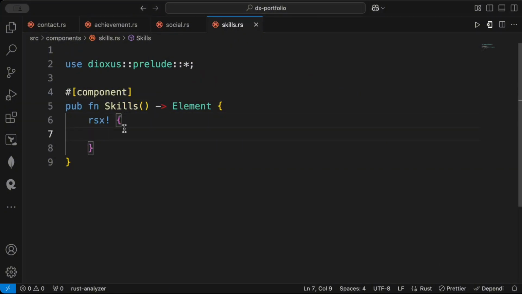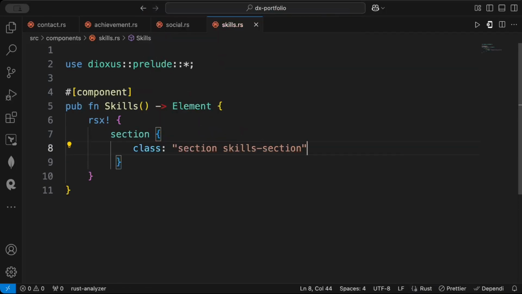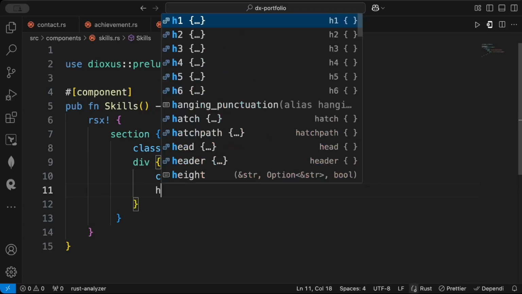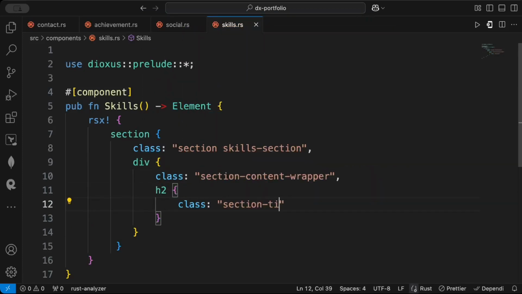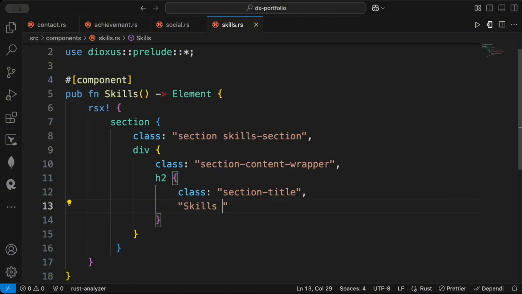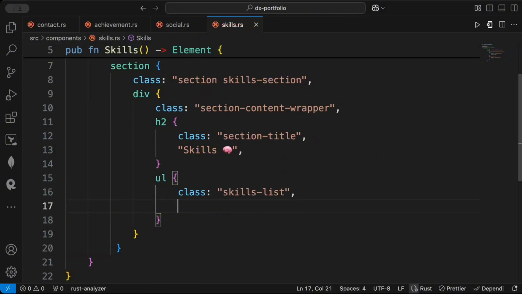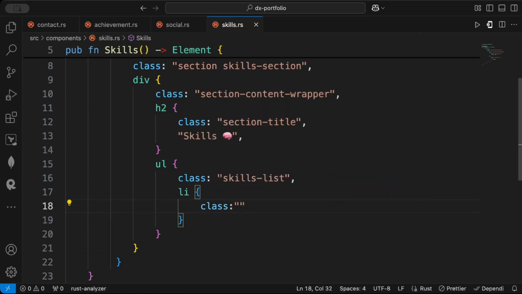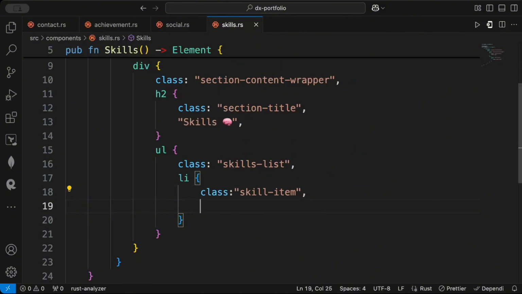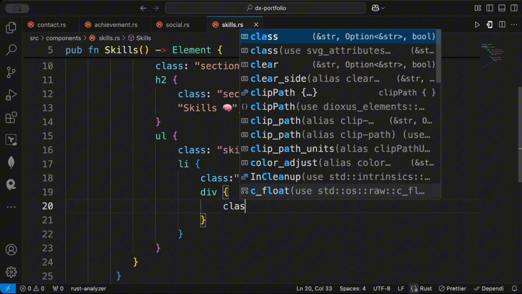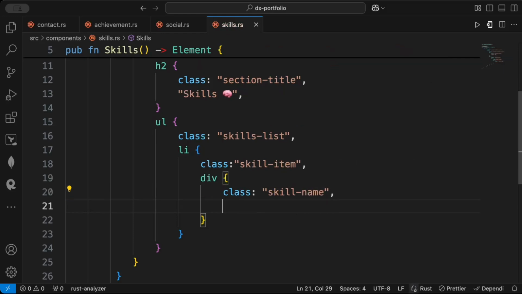So let's add the skills section as class section skills section, div class as section content wrapper, and h2 with class as section title, and skills with some emoji again, and ul that says skills list, li that says skill item, and then we have div that says skill name Rust,